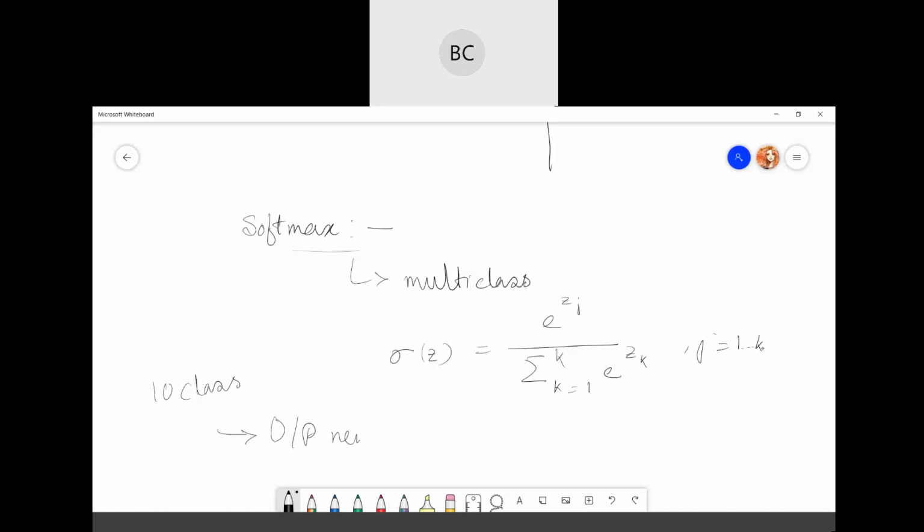The number of output neurons will also be 10. So you can say the number of target classes is equivalent to the number of output neurons. Remember this concept. If you have K classes, then you will have K neurons at the output layer.